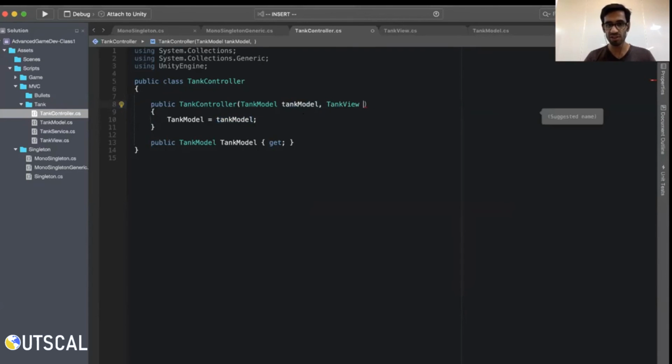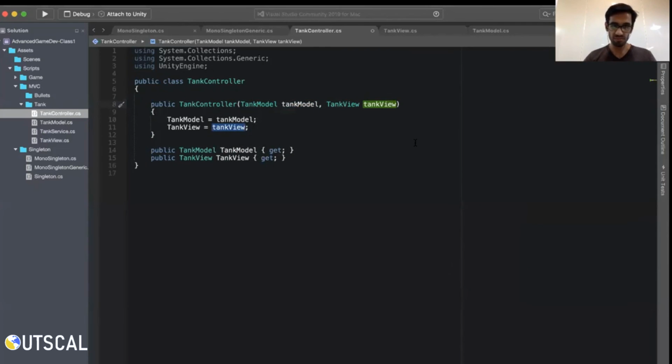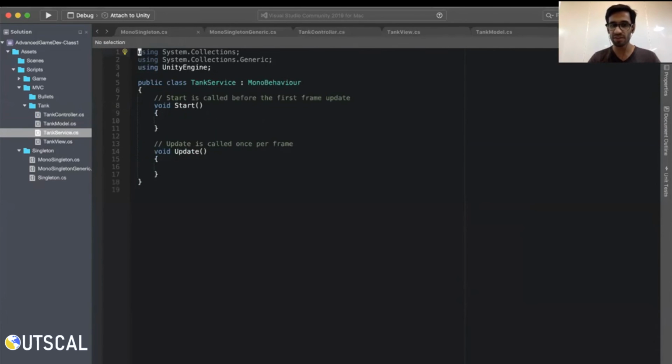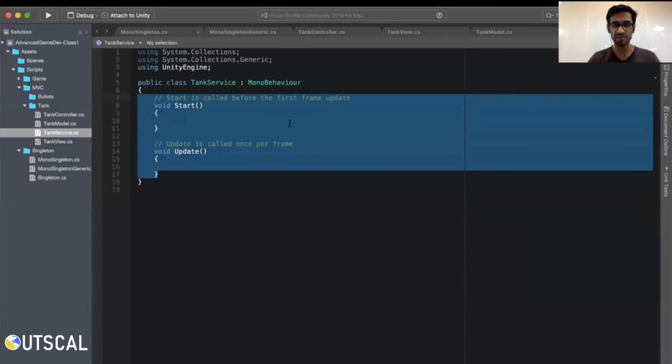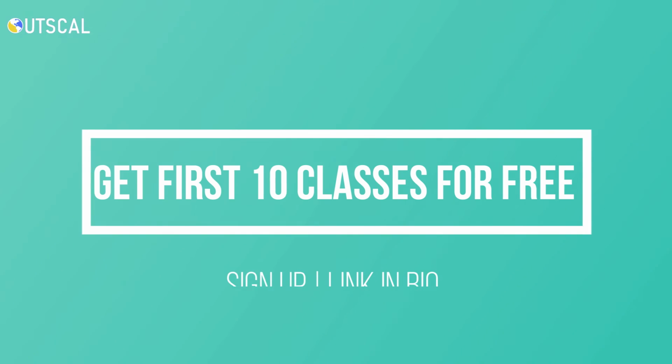So one approach is to do something like this, and every time somebody is creating a tank controller, they're also passing me a tank view. But usually this is not a very good approach, because it means somebody higher level than this has to do it, and like we just discussed, anything above the controller would basically be a service, right? So your service typically, if this is your tank service, is the one that will have to